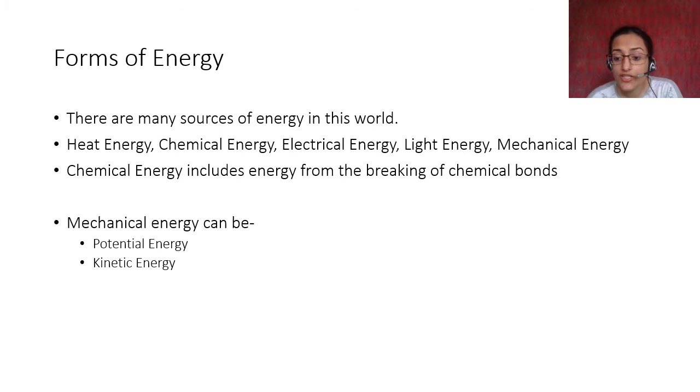Now, chemical energy is generally what is done when plants take light energy or solar energy and they convert it into different chemicals, right? And those chemicals you eat, and those chemicals then they get broken down in your body and therefore give off energy, right? This is chemical energy. Now, mechanical energy is what we are going to be focusing on in this chapter. These can be potential energy or kinetic energy. Okay.